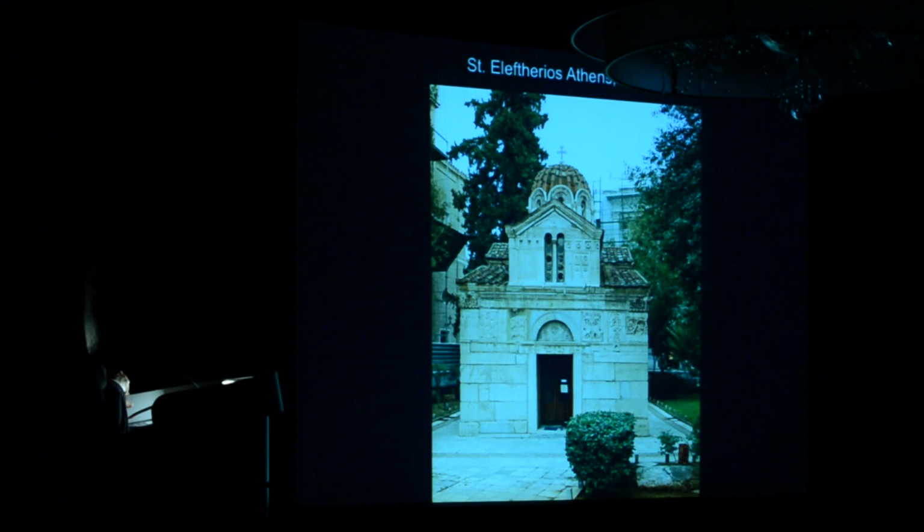This is a small church, I'm sure that you know, next to the Cathedral of Athens. It's called St. Eleftherios or Mikri Mitropoli, small cathedral. This has been considered a very important building of Byzantine architecture in small size. I remember that the Polytechnic School of Athens considered this type of church a model indicative of the art of Byzantine church building.